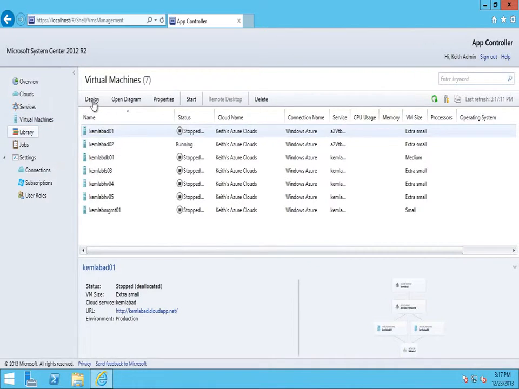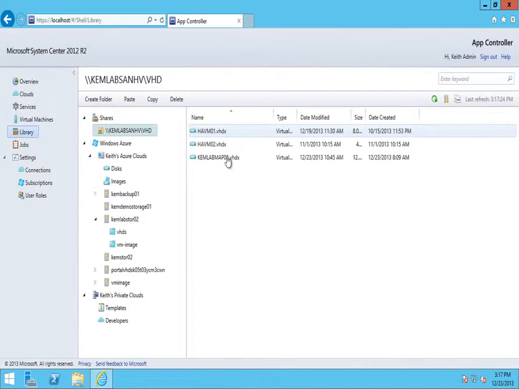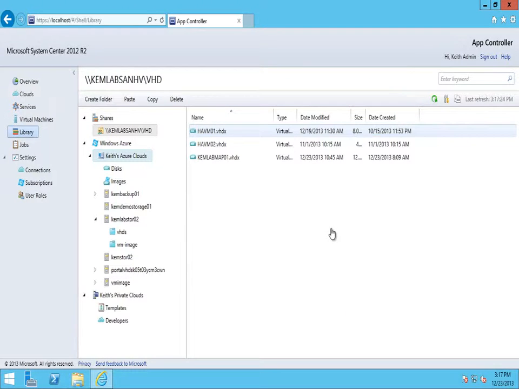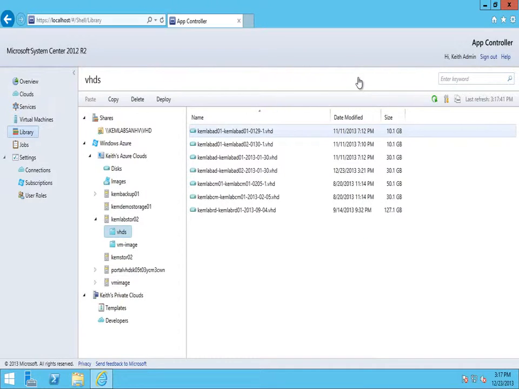In addition, in App Controller on my library page, I also have the ability to plug in on-premises shared folders, my storage locations that are part of my public cloud or hosted cloud. So when it comes time to actually move virtual machines from a public cloud location to a private cloud location or vice versa, with App Controller, that process of moving virtual hard disks and virtual machines back and forth between